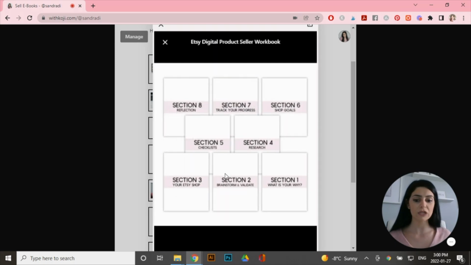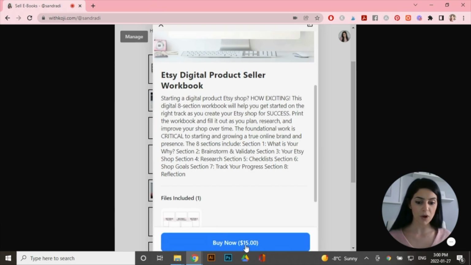And then the file I included just shows the sections that are included in this digital workbook. So again, I created this in Canva and I have 8 sections in my digital workbook. So I want the customers to know what the 8 sections are all about. So this is just an idea if you want to upload a preview image. You can see I've set my product to $15, and there's one other thing that I want to show you